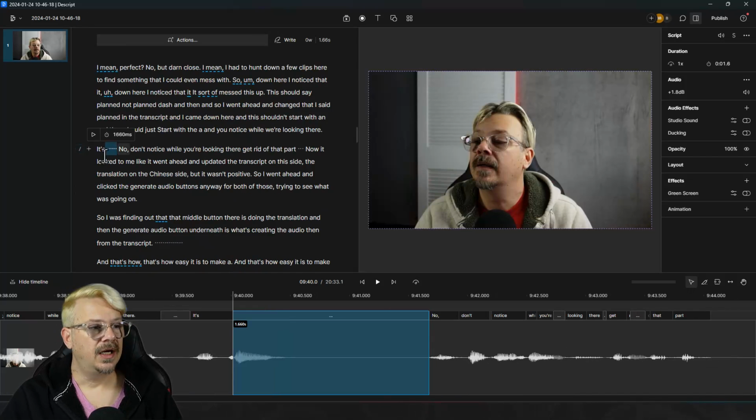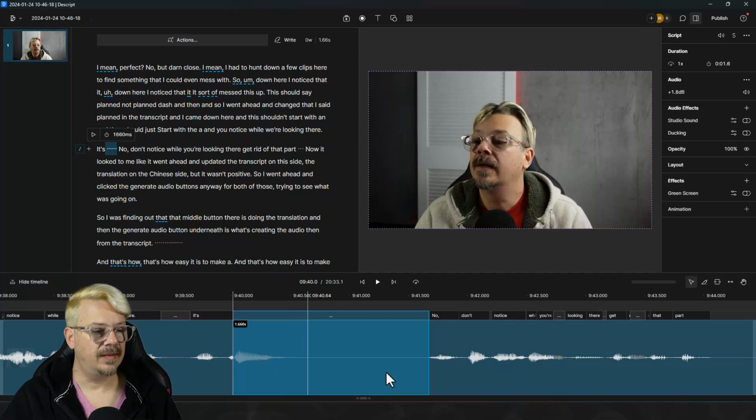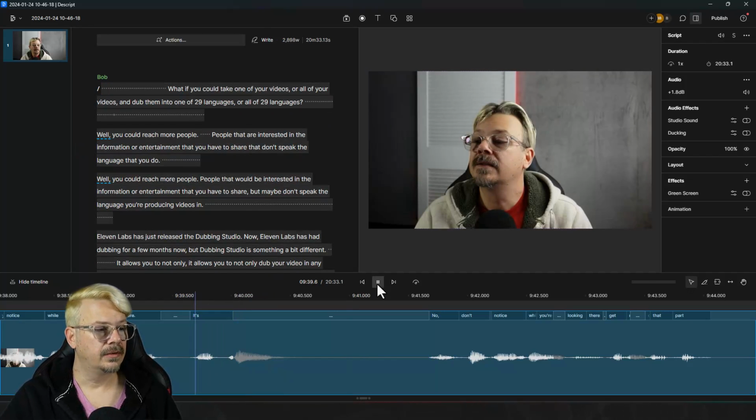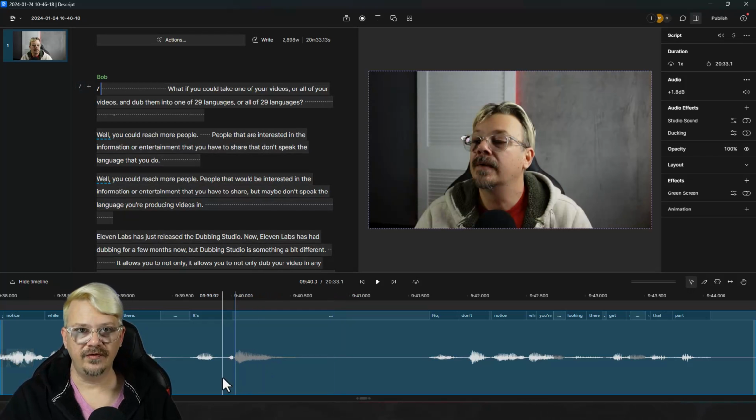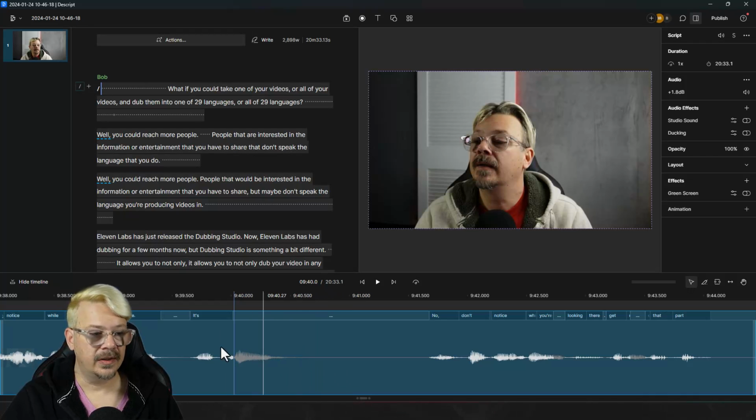Here's an example. If I have this blank space selected up here in the script and I come down to the timeline, I can see that what it's selected is not entirely blank. There's something that starts off in there. There's clearly a word. Let's see what it is. Okay, it's an "or" or an "so." I'd be perfectly happy to get rid of that, but it's not always just an "or" that gets labeled here as blank space.